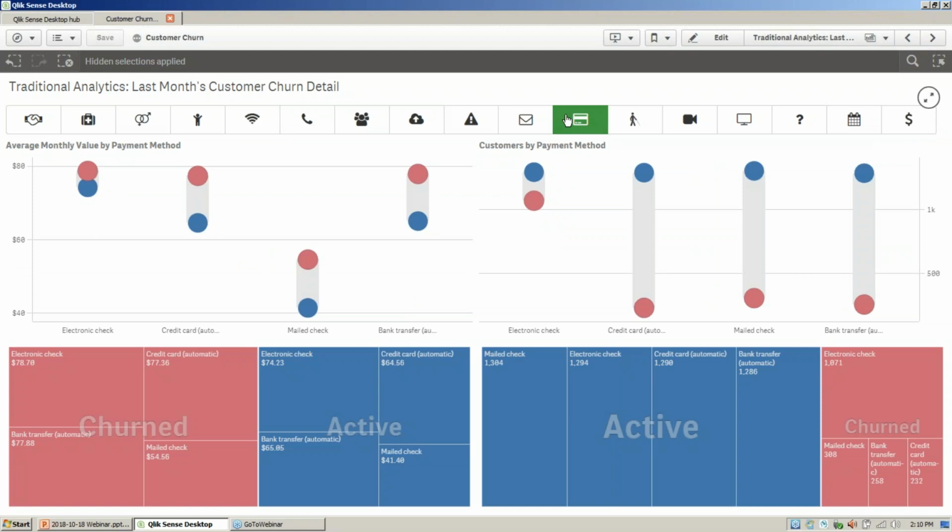We look at payment method here. Some things might be kind of obvious if you think about it. People that are on auto pay, which is in the last column here, there's a very big spread between those. So those people that are on auto pay are very loyal. People that are manually paying online, we see a pretty tight spread there, so there's a lot of churn going on there. Something that's a little bit surprising is that in this data set, people that mail their checks in seem to be fairly loyal.